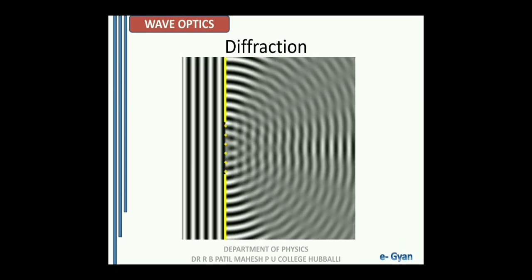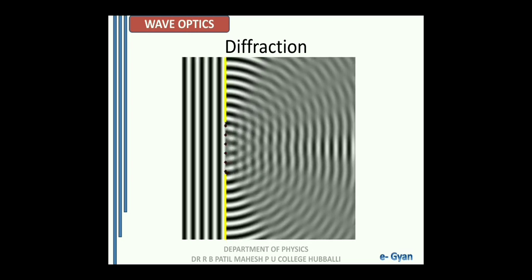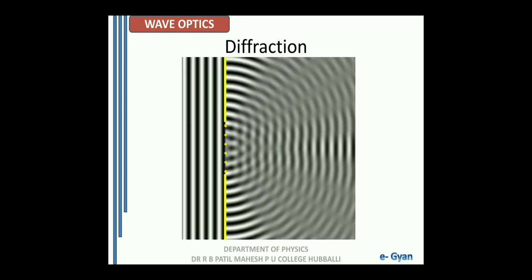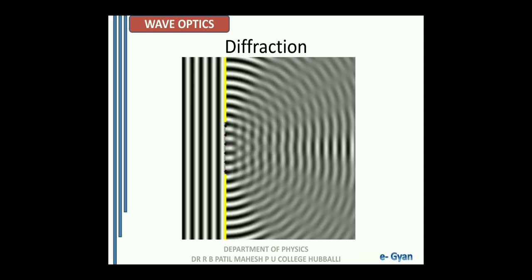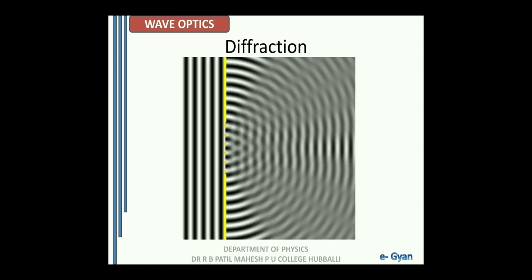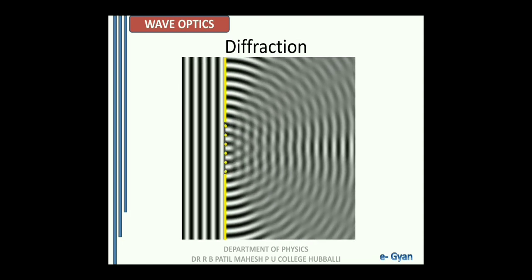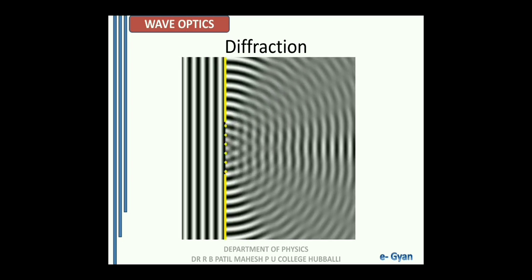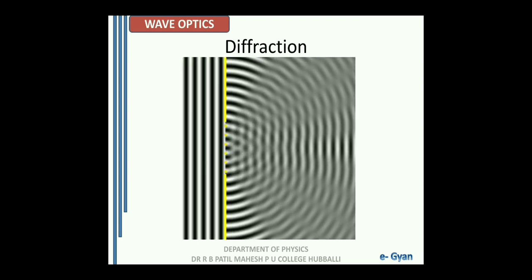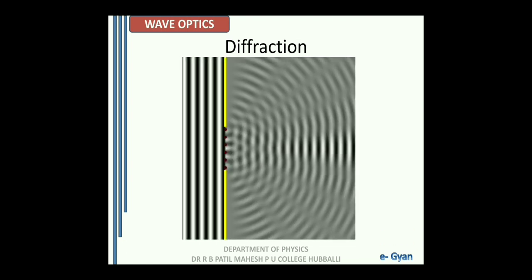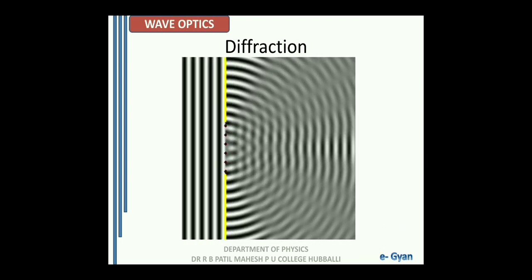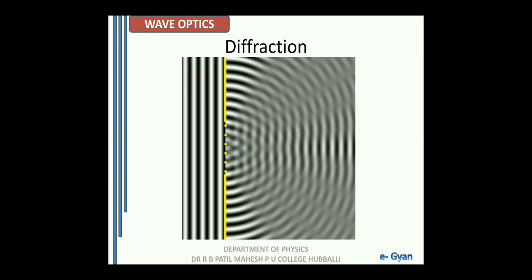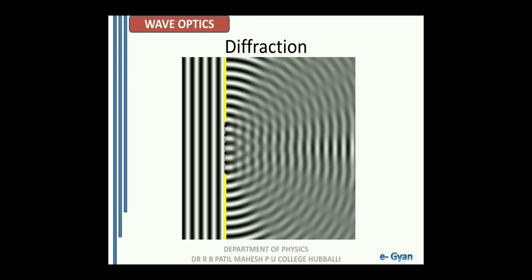Now try to understand, once the plane wavefront interacts with the slit or falls on the slit, the light bends at the edges of the obstacle. It bends at the edges of the slit, and once it bends, then it can move at various angles, and when it moves at various angles, it superposes with the wave coming from some other part of the wavefront. Now here the Huygens Principle